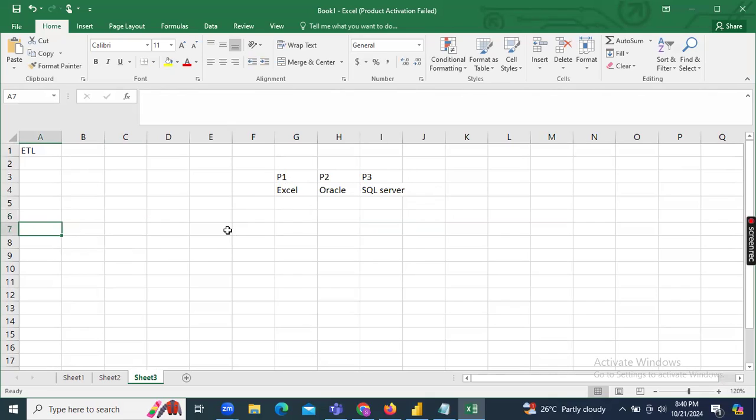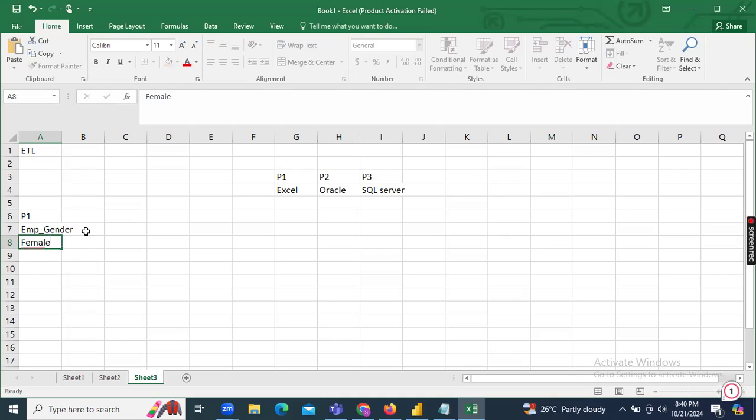We want to calculate total female and total male. First of all, project 1 is using Excel as a data store, column-wise: employee name and gender. In that, for a female employee they write female, with some name, right?